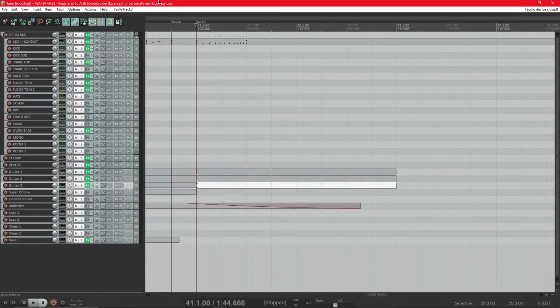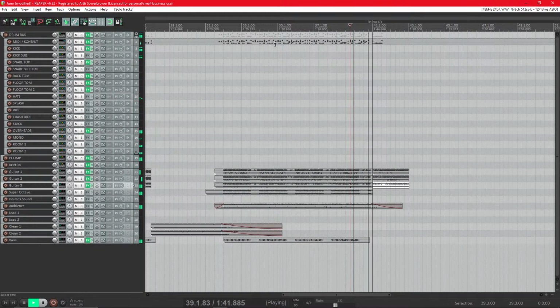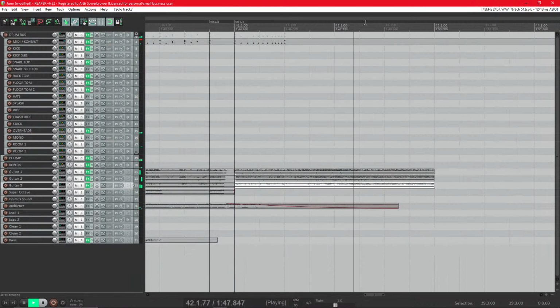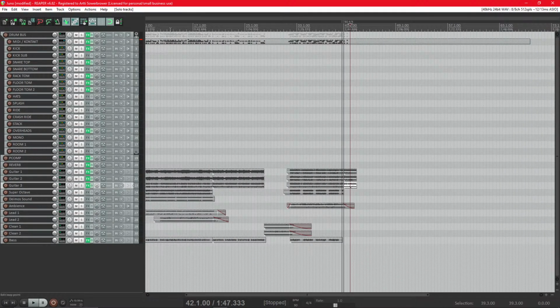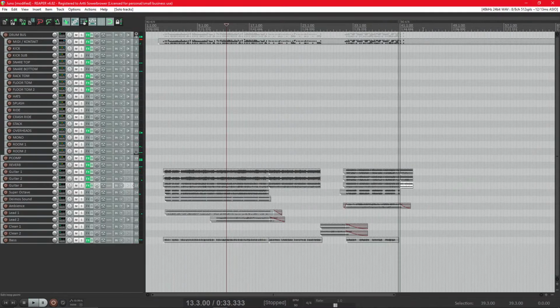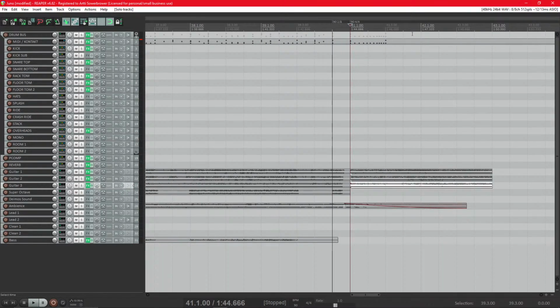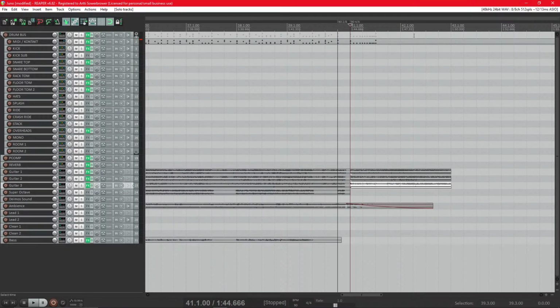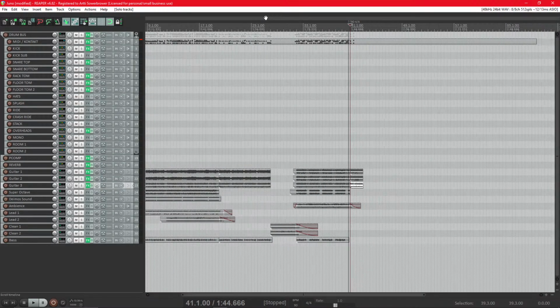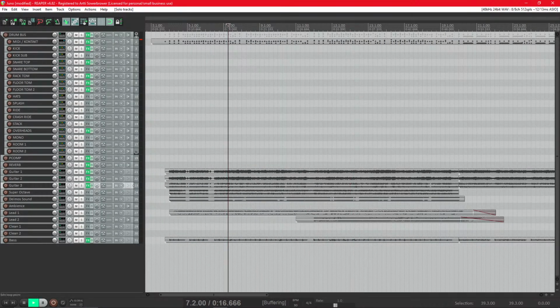Okay, I think that sounds pretty good. So I need to figure out what's... I want like a drum fill to lead out of this little 2, 3, 4 kind of gap here. I don't know what that would be though, because I kind of want to go either back to this beginning part for a bit, and then I'll maybe go back to the beginning part and then end with a heavy riff, because this little intro here